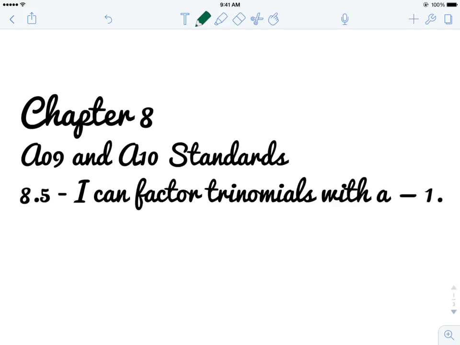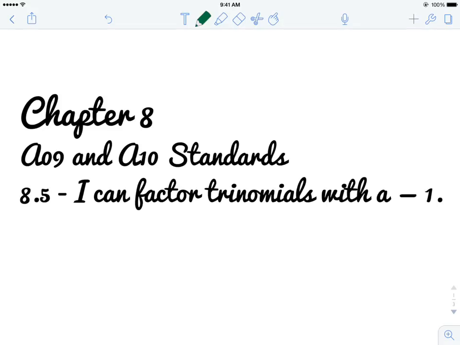Alrighty, so today you are going to be working on 8.5. This is one of my favorite parts of math. I love factoring because it's like a giant puzzle. And I'm going to show you guys some cool tricks that will help you do it. Hopefully you catch on quick, and using the method that I teach you today, you should be able to do